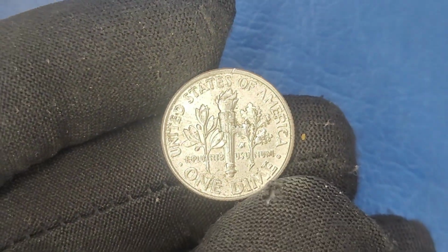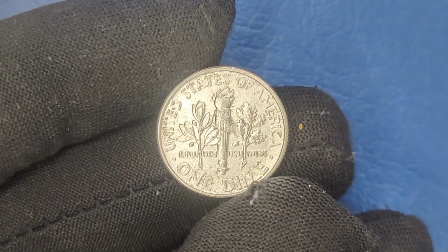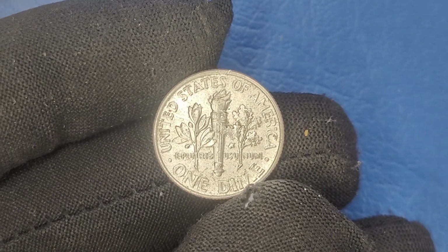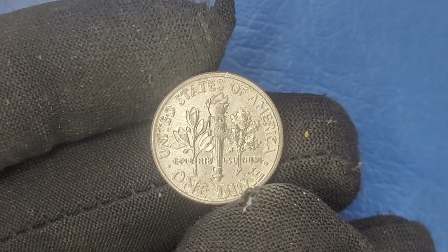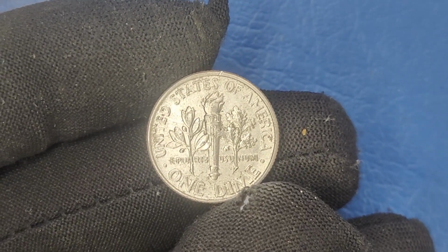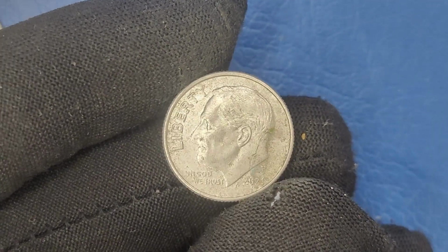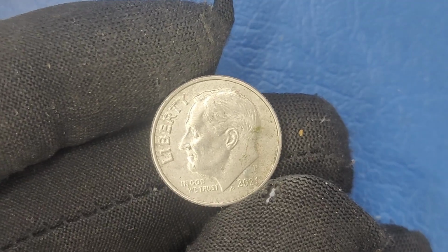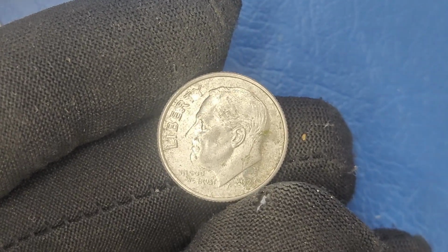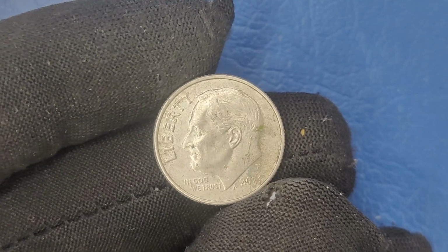It all comes down to a combination of factors that make it highly sought after by collectors and investors alike. First, let's address the mint mark. The 2021 P mint mark dime is not your ordinary dime. It was produced at the Philadelphia Mint, and certain specimens were struck with a unique error that drastically increases their worth. This coin is part of a series of dimes that were minted with a rare design flaw, making them